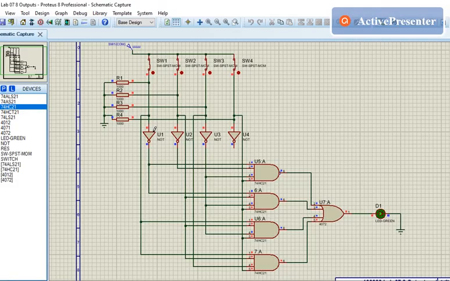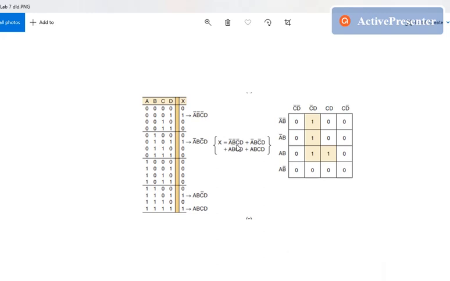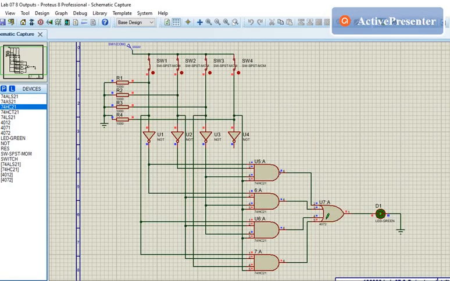You can see that the first gate represents the first expression, a complement, b complement, c complement, d, and the second expression is represented by the second gate, and so on. You can see the LED is glowing.